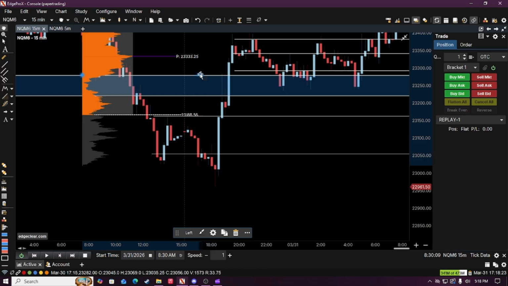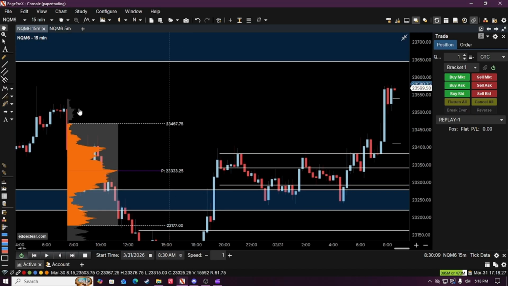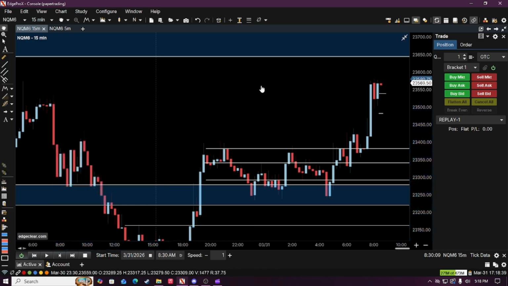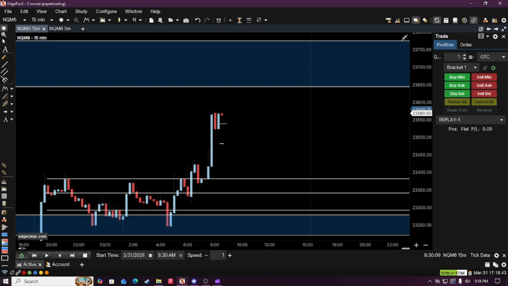This is the last session volume profile, and yeah, as you can see, the low volume area of the cash session, I mean, it's exactly the same. Maybe this one a little bit higher, like this. But yeah, whatever. What I'm trying to tell you is that we probably want to revisit this low volume area